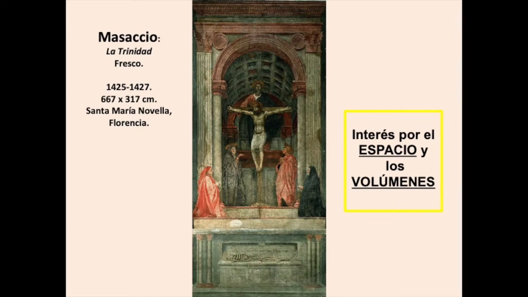They try to represent a deep space on a flat surface. And they manage to do this thanks to mathematics, thanks to the linear perspective that I guess you studied